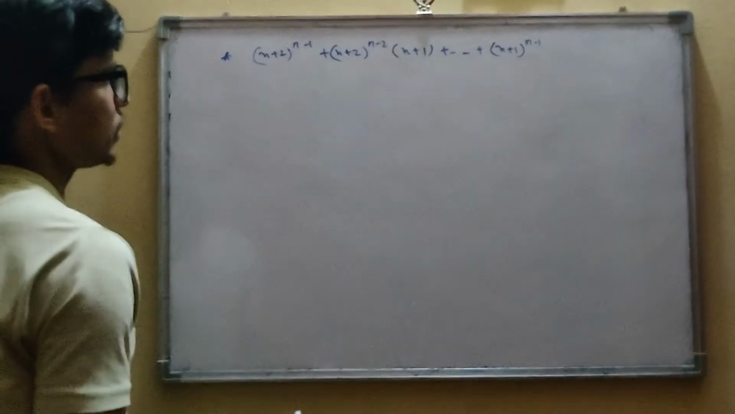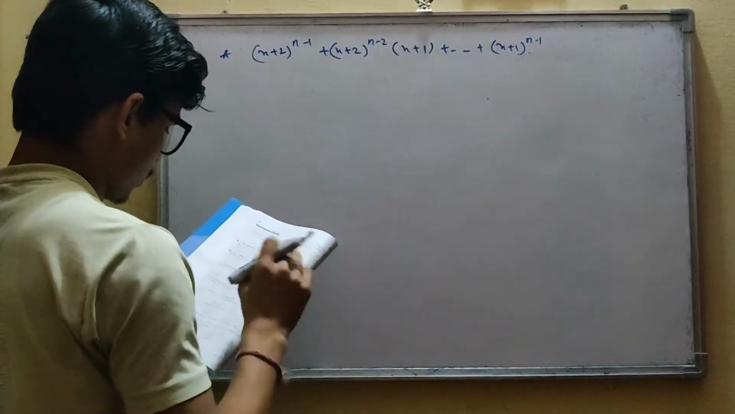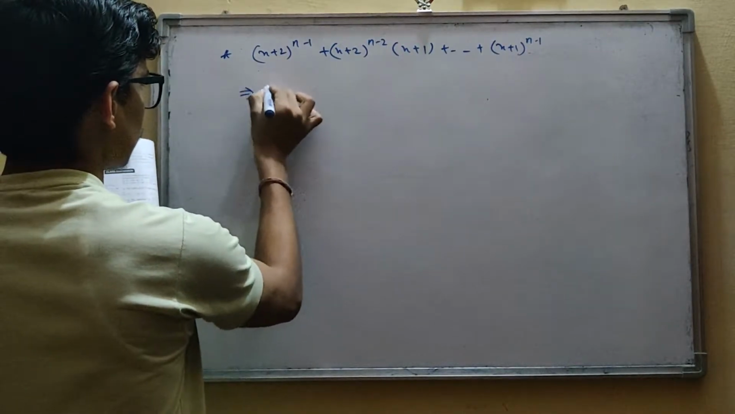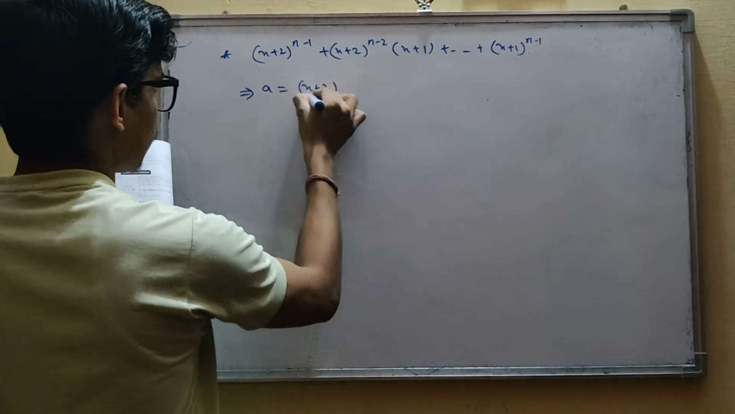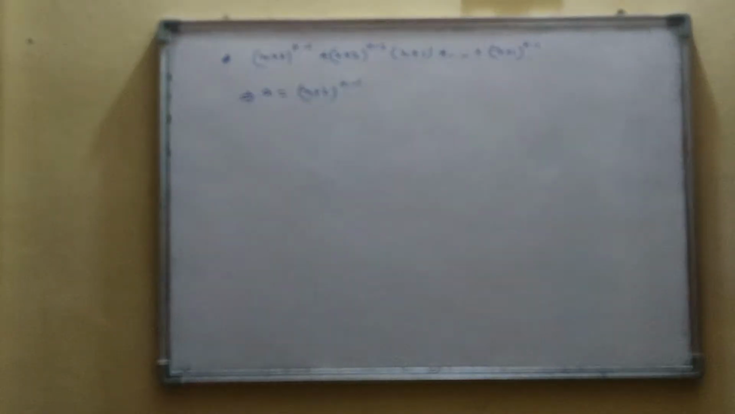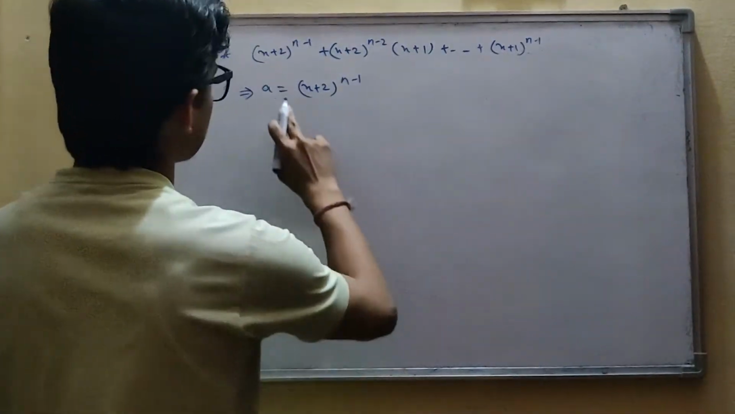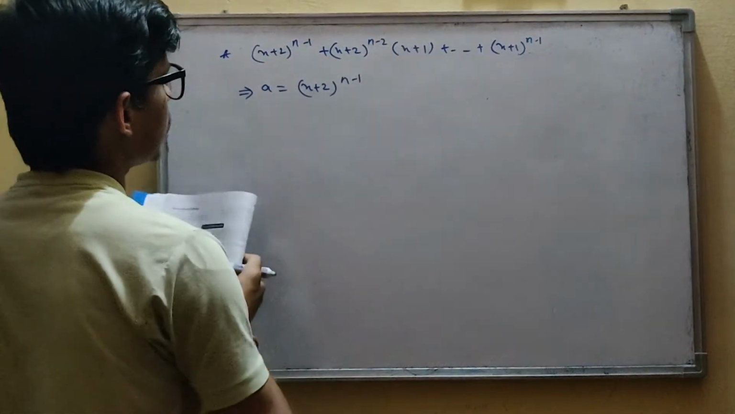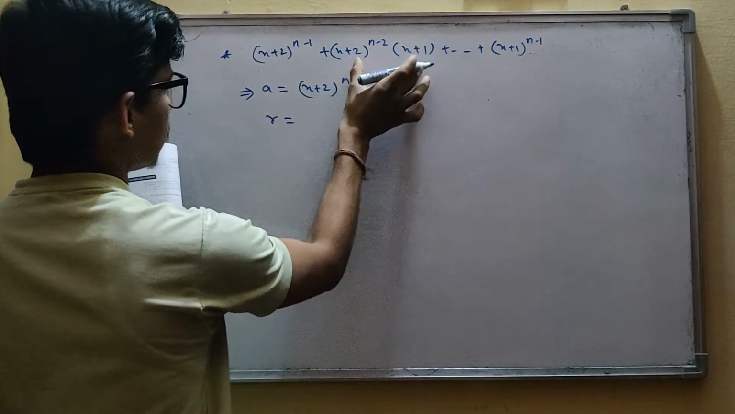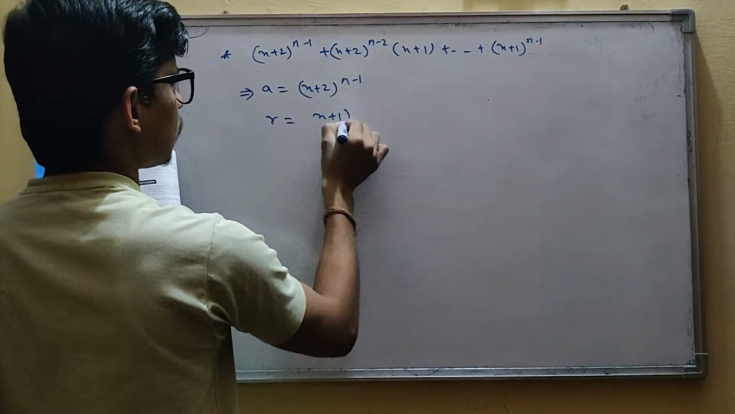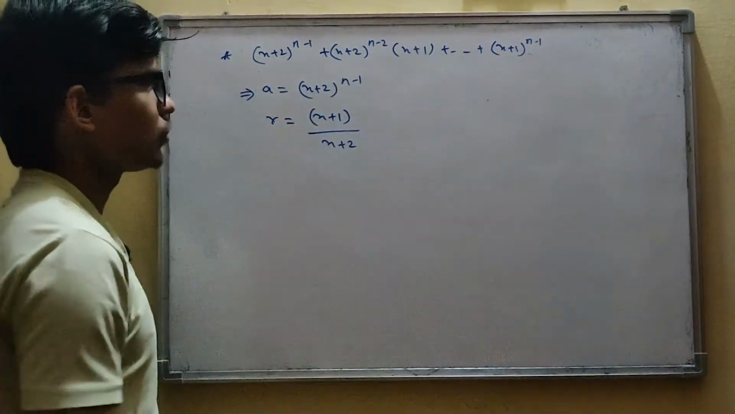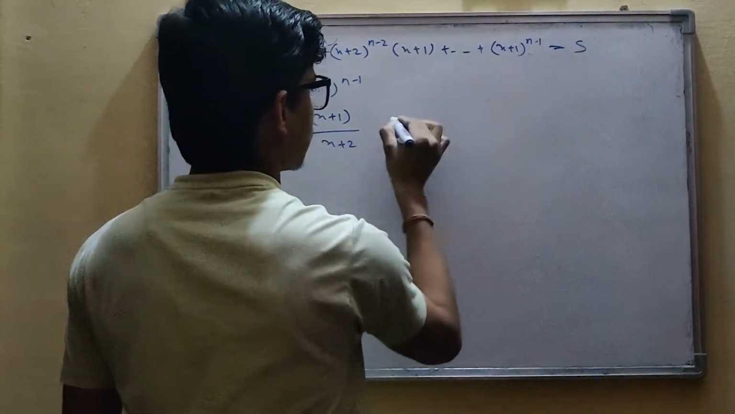So this is a series, and if I have not written the next term directly, you can still find that this is a GP whose first term is (x plus 2) to the power n minus 1. So a equals (x plus 2) to the power n minus 1, and the common ratio, if you divide this by this, is (x plus 1) upon (x plus 2). Yes, it is r, right? So if this is s, then s can be written as